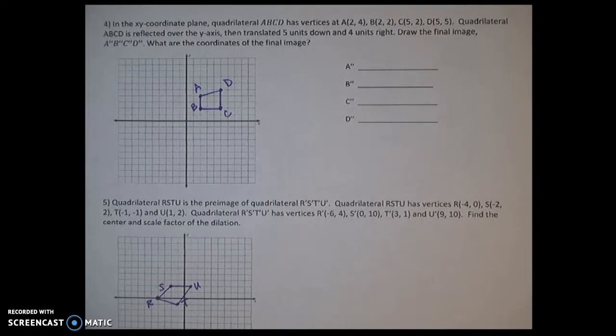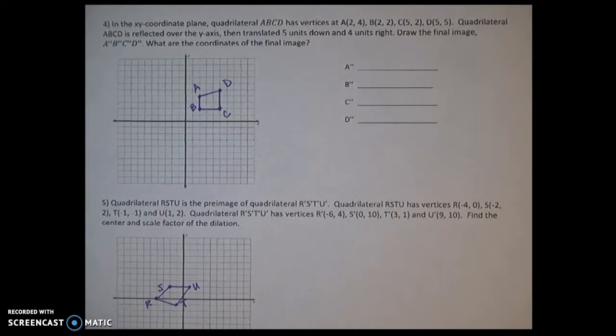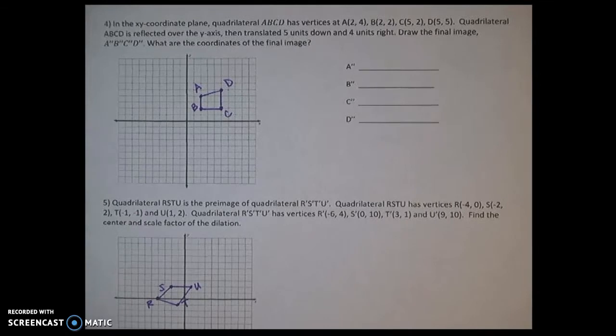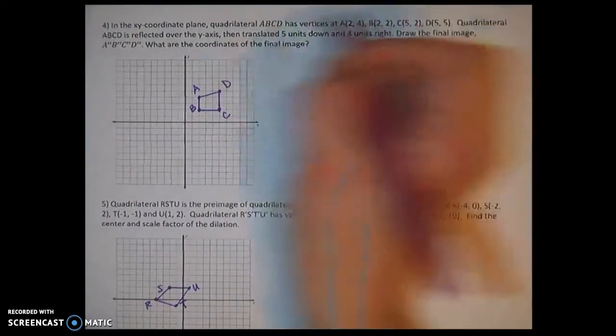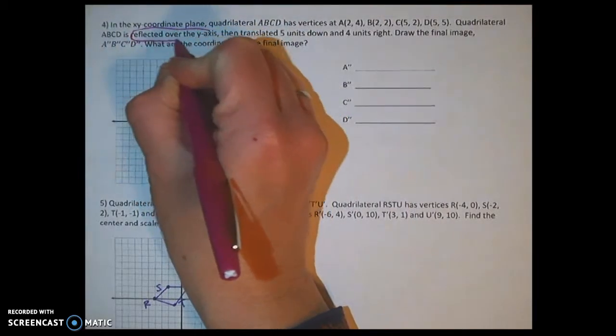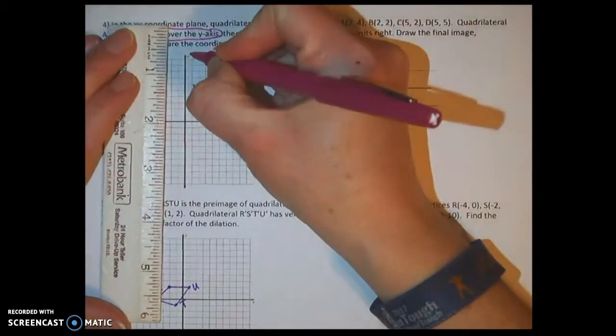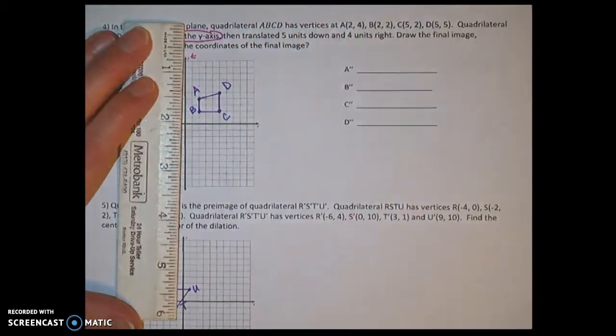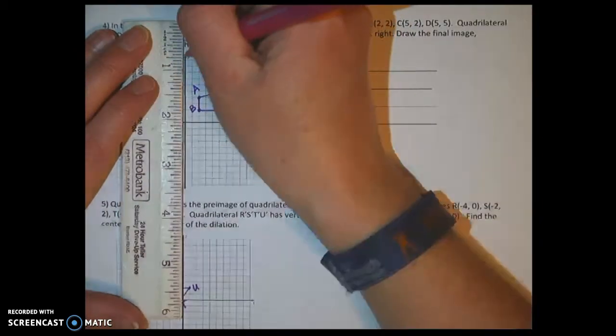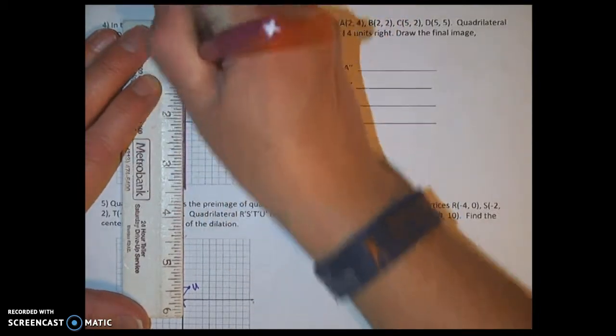Draw the final image, A double prime, B double prime, C double prime, D double prime, and it wants to know what the image points are, the final image points. So the first thing that it asks me to do is to reflect it over the y-axis. It tells you right there, that's your y-axis. So I'm going to go ahead and draw the y-axis because I like to be able to see what I'm